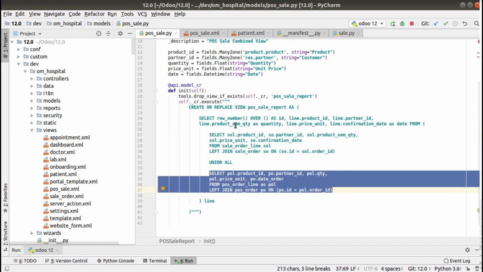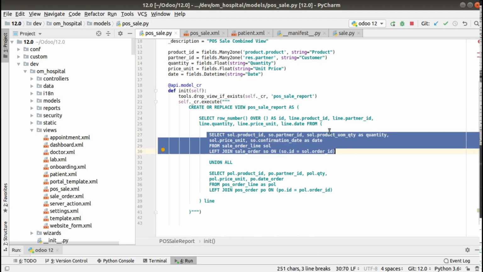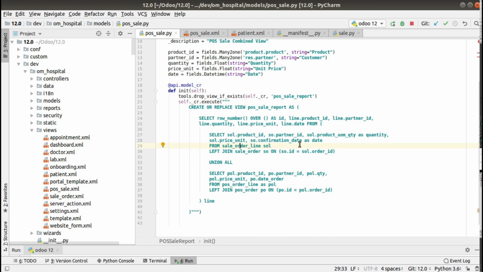So I'll be removing line dot quantity from here and line dot date, and I'll give the alias here: SO dot confirmation date as date, and SOL dot product UOM quantity as quantity.